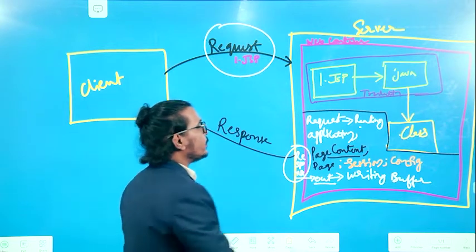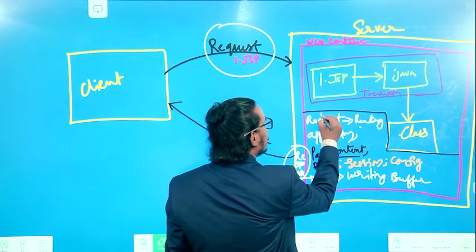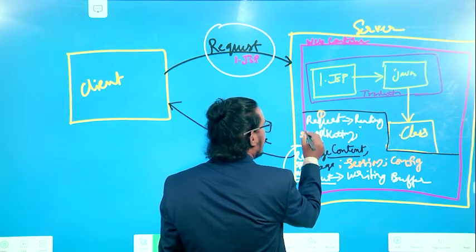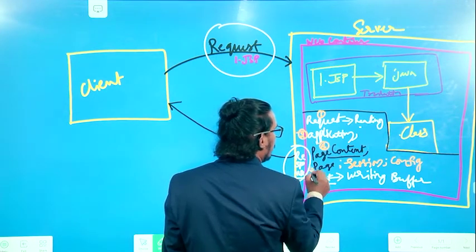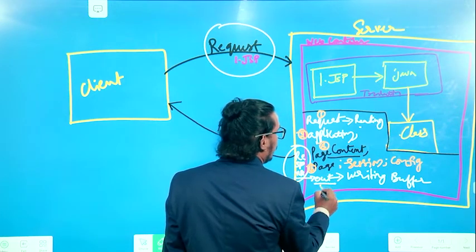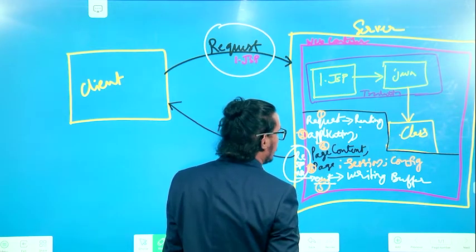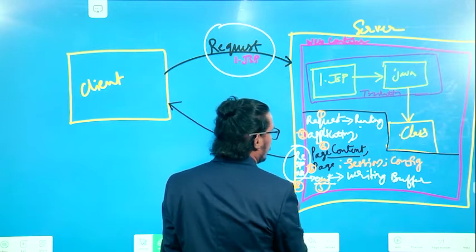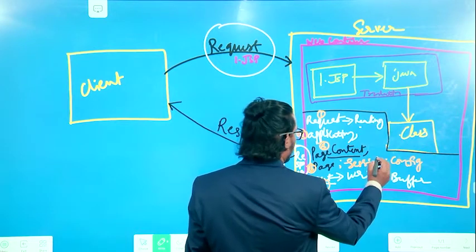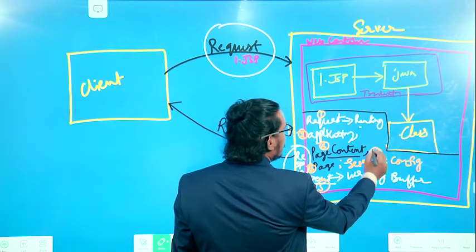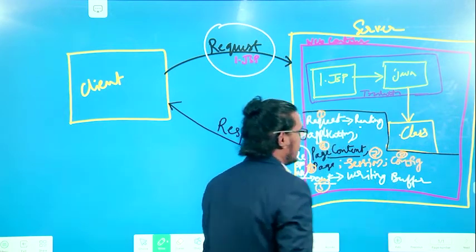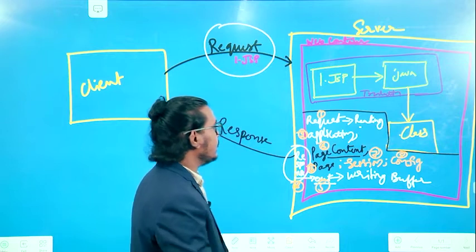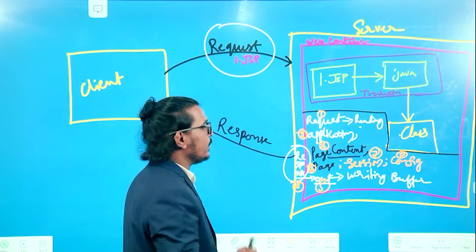Now you see how many objects there are. First one is the request object, next one is the application object, third one is the page context, fourth one is the page object, fifth one is the out object, sixth one is the response object, and you have the session object, and you have the config object. What is the remaining object here, what object are we missing?